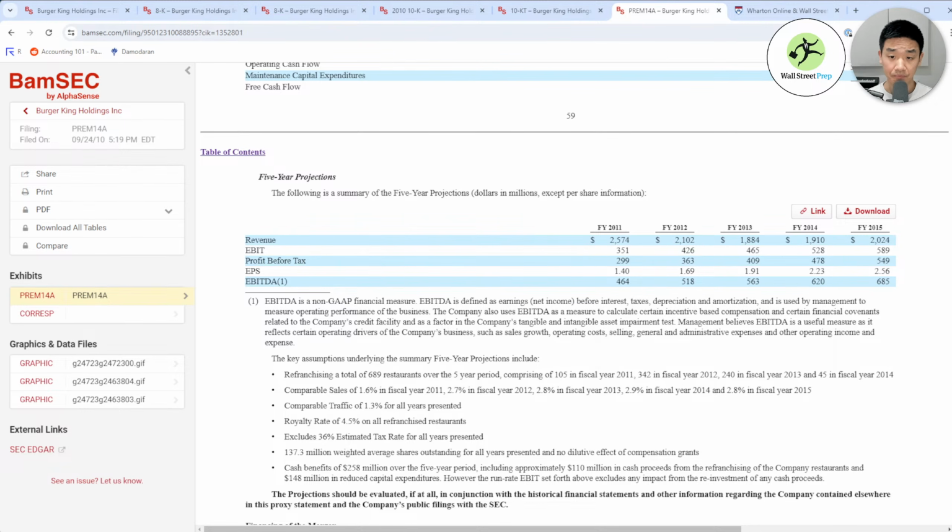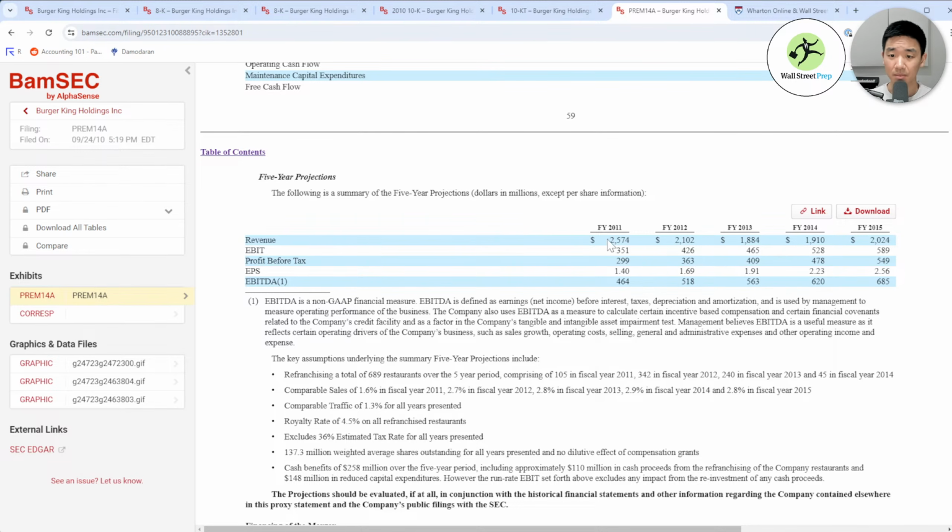What's cool here is that we have what management told 3G, that we think we can hit these numbers, and you can probably plug these into your model to build out your LBO.